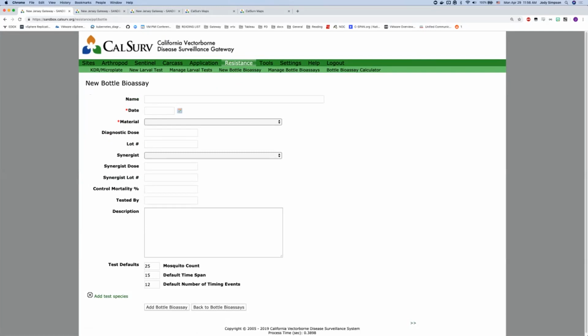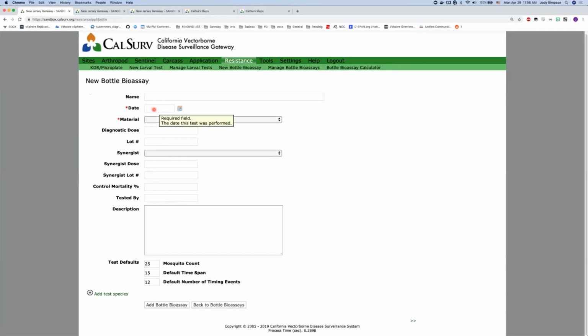So lastly, there's some resistance tools that you can use in here. The main one that we would be discussing is bottle bioassays. So if you guys run bottle bioassay tests, you can enter in those results here. So this is essentially like a bottle bioassay worksheet that you can fill out. You can name the test,